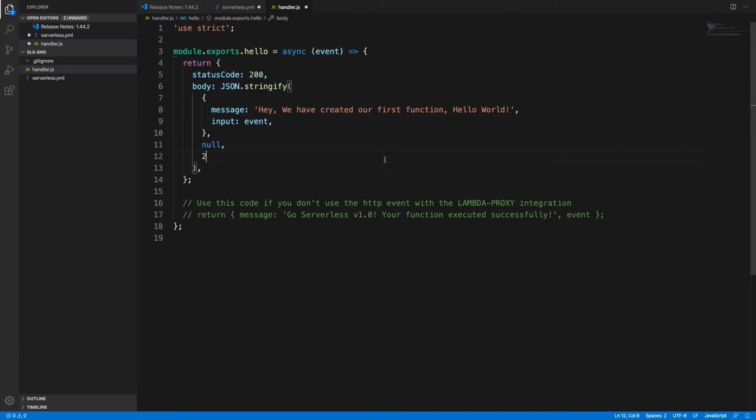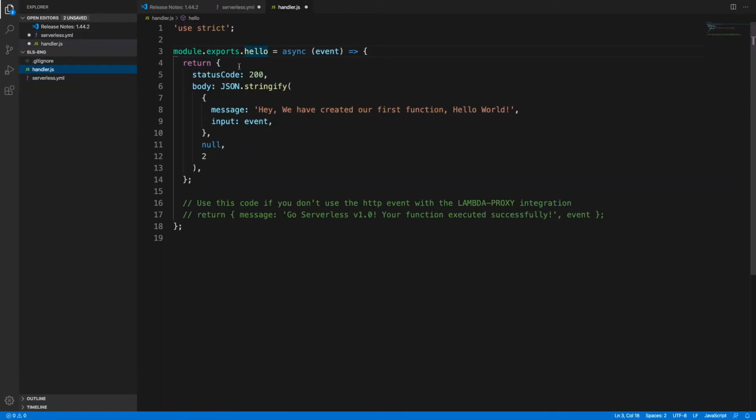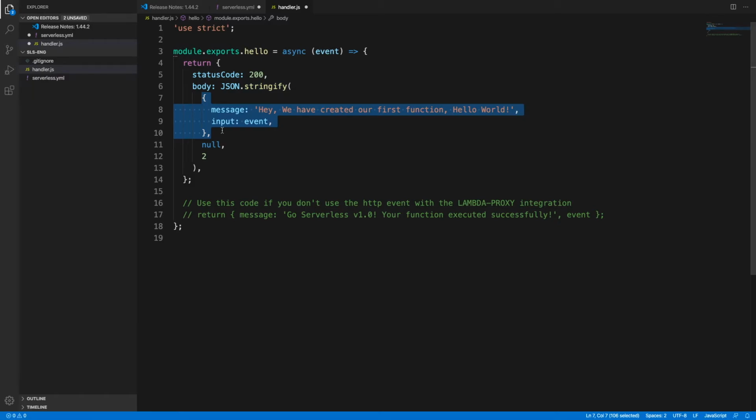Whatever code we write, we just have to write it in a particular function only. We have to make a function, export that function, and give the path in the serverless.yml file. As you can see, there is an event, and we are returning a status code and the message. This is a JavaScript object, and we just stringify it into JSON and return it. These are the parameters of JSON.stringify. So just leave it, and now how are we going to invoke this function? Let me give you an example.